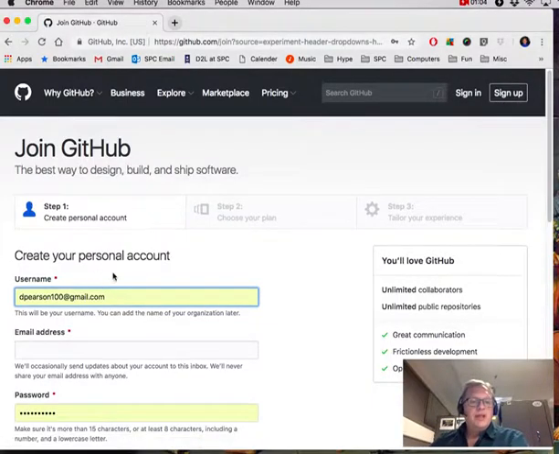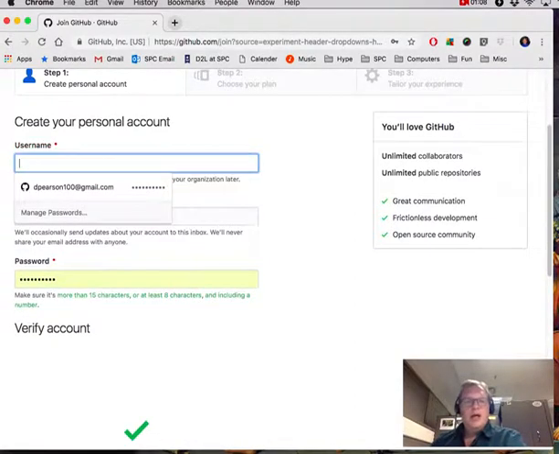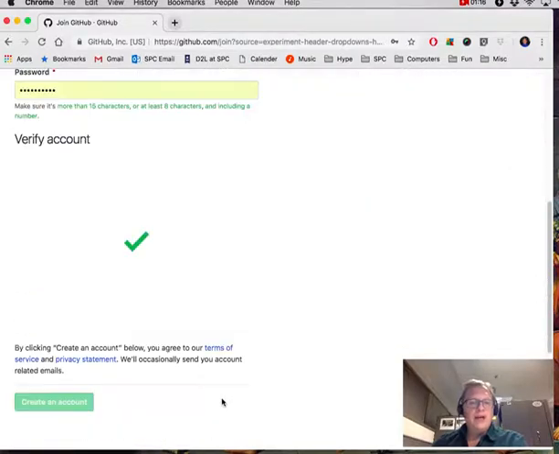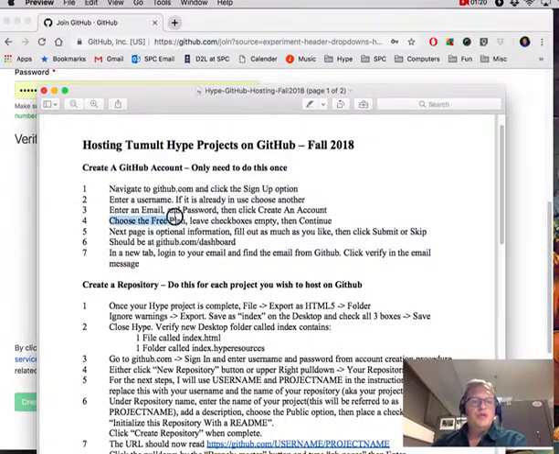It's going to ask me to create an account here, create a username. If it's already taken, they'll say you can't use this, and you just have to put in a different one. Put in an email address and a password. You go through this, click the verify button, and go through a few more pages. Choose the free plan on the next page and hit continue. The page after that is optional. You can put in as much information about yourself as you want, or you can just hit skip,